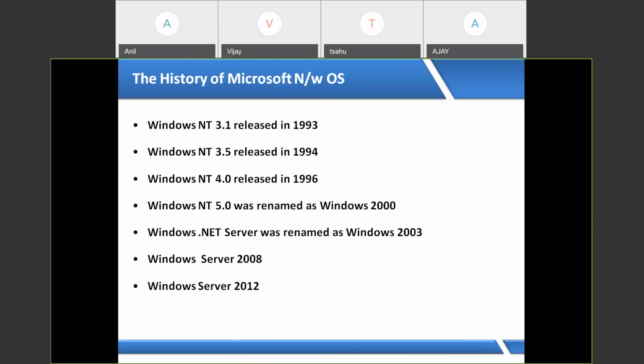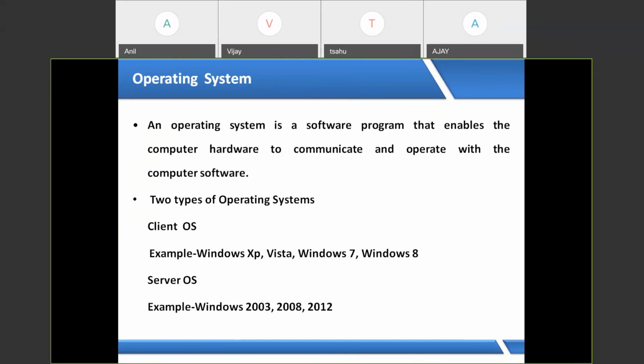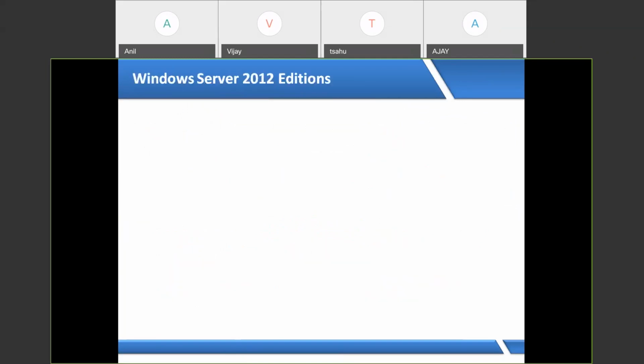Next point is what? What are the features of the 2012 server operating system? This operating system is a 64-bit operating system. Means